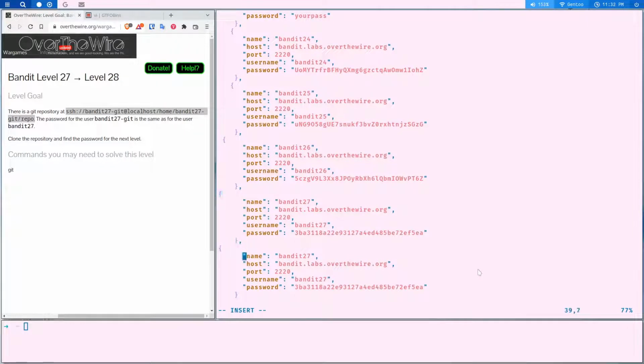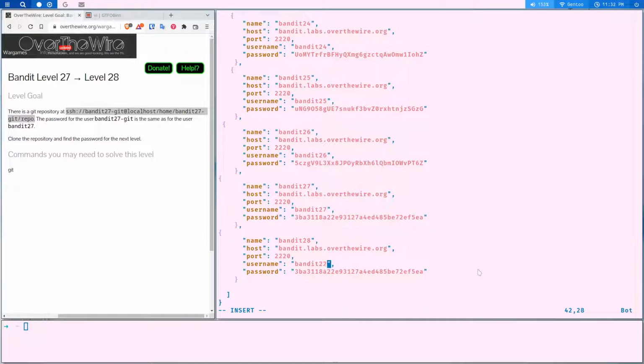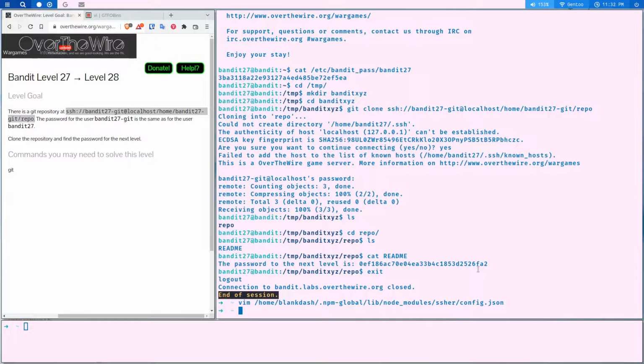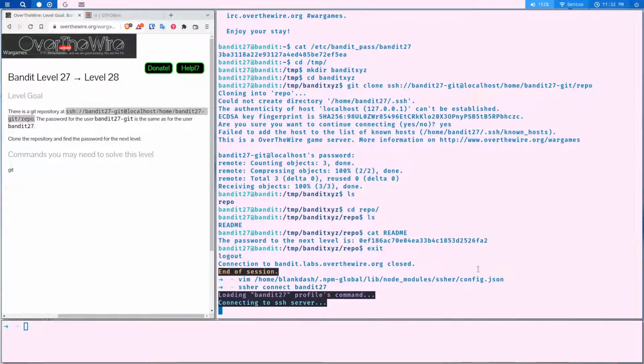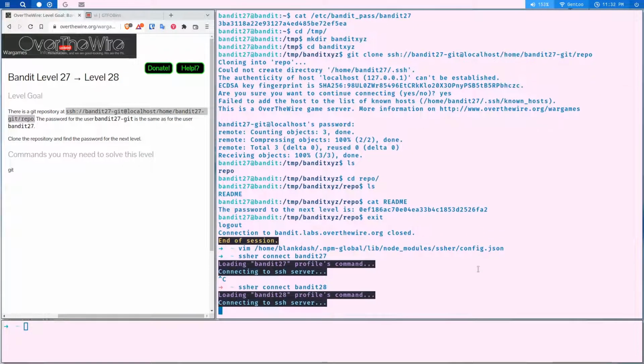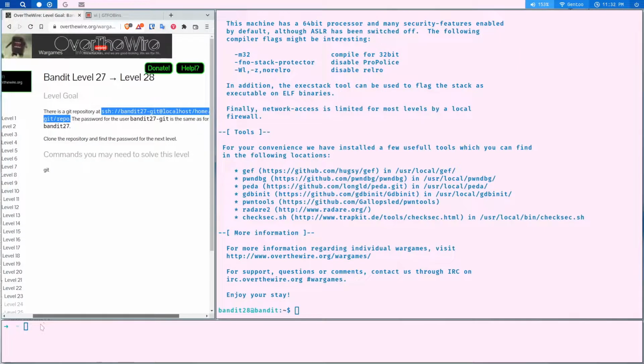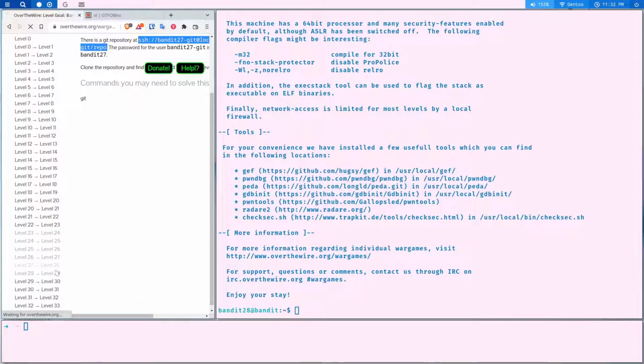Let's change it to bandit 28 and update our password. All right, now let's connect to bandit 28, and let's also look into the task for bandit 28 to